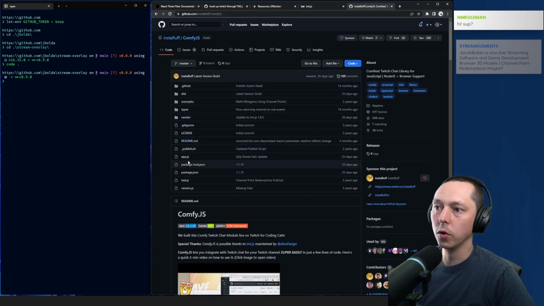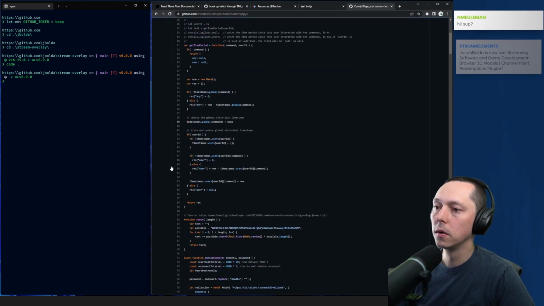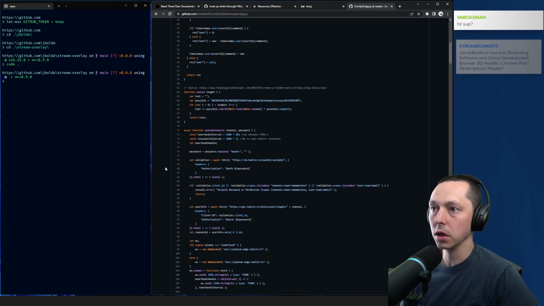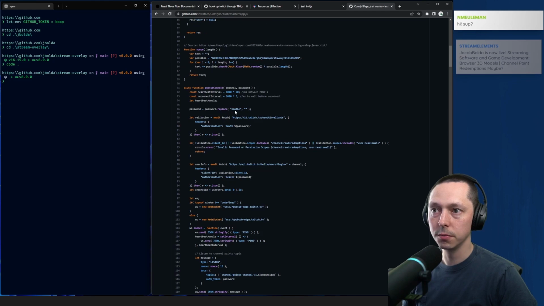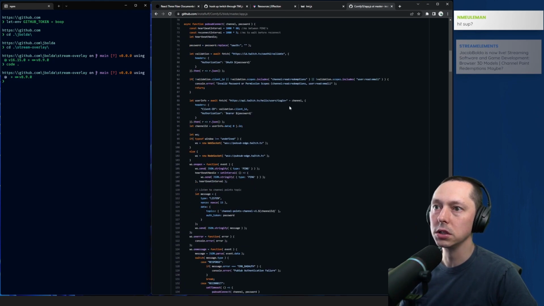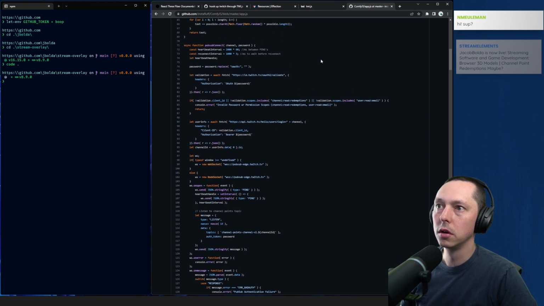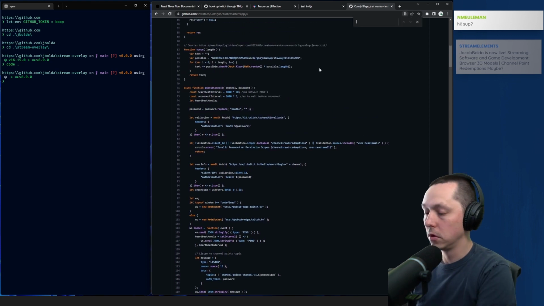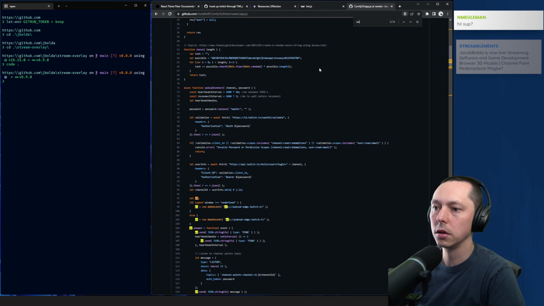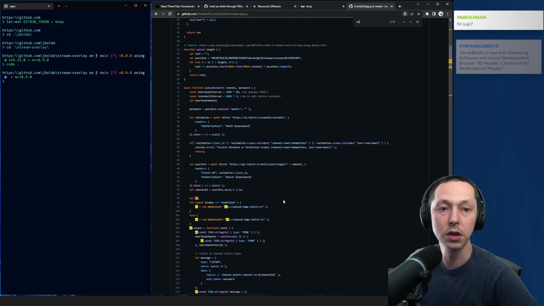But if we open up the code to see what else it's additionally doing, you might see some pub sub stuff here. And it is opening up a socket here, new WebSocket to pub sub edge twitch.tv.